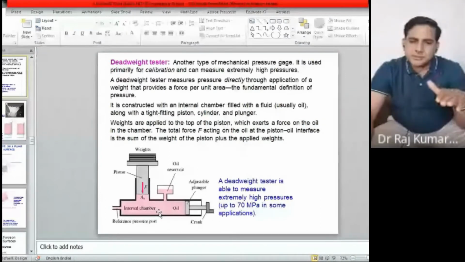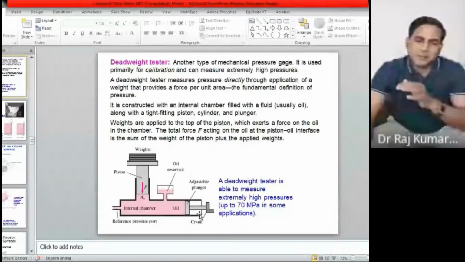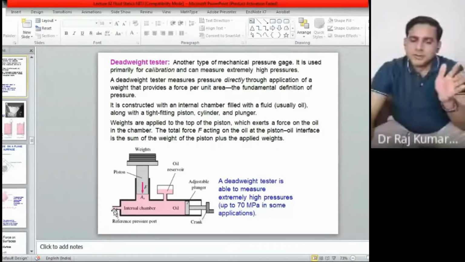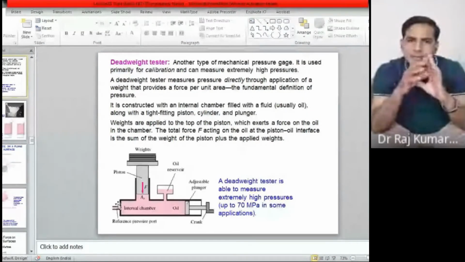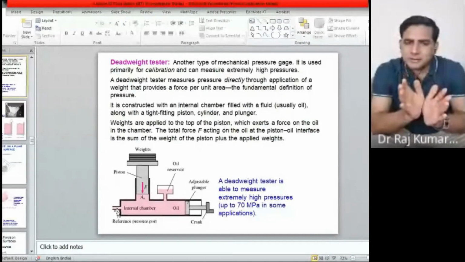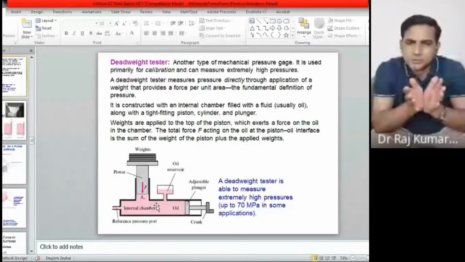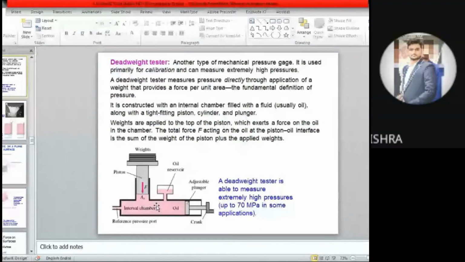Outside of that you have a crank or piston which you move inside to pressurize the fluid. Here you are connecting a pressure gauge at this particular point, and this will give the pressure inside the tank. Now you are pressurizing by this crank, pushing the piston inside. What will happen? The fluid will have the same pressure in the entire chamber. Yes or no? Yes, sir.